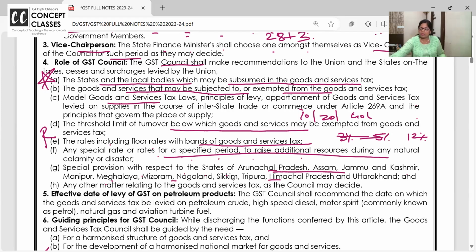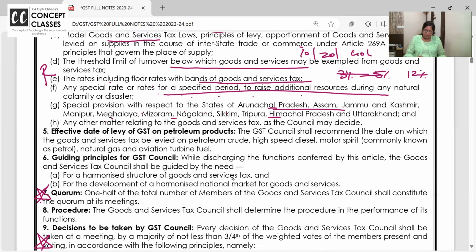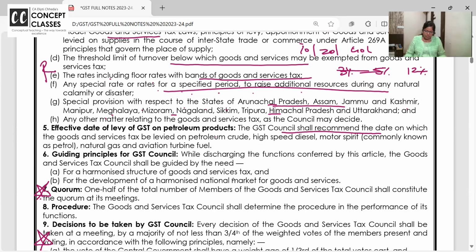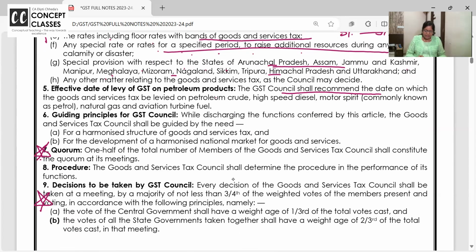As we move ahead, when I teach you the amendments, you will say, okay, this is all decided by what? Central Council. Okay. Effective date of levy of petroleum, the GST Council has said from a future date, but it has not come yet. Guiding principles of the GST, while discharging the functions, they shall be guided by harmonized structure